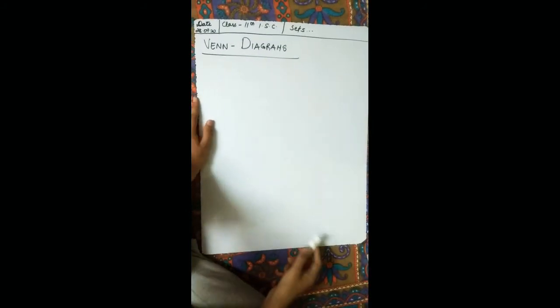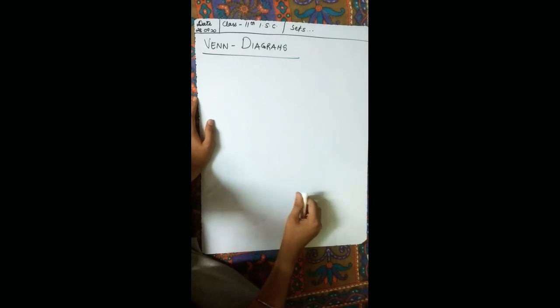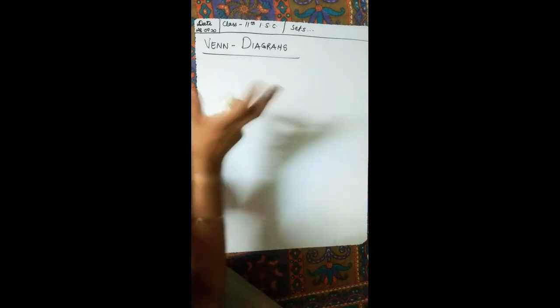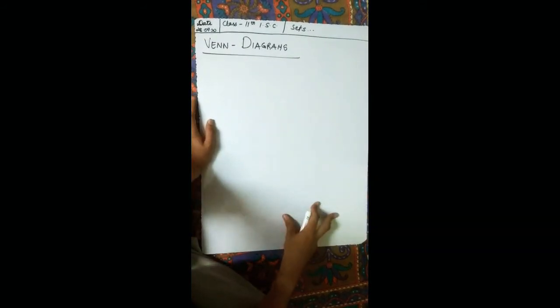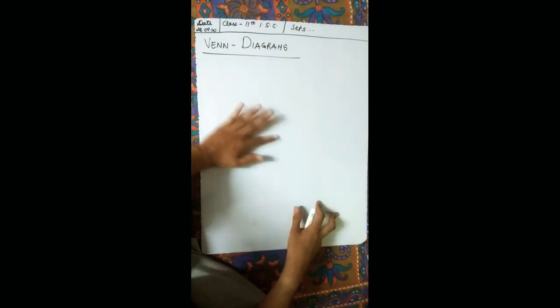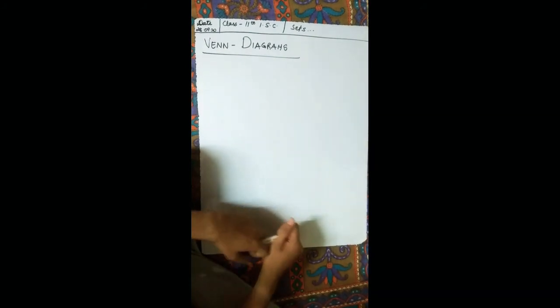Today in the set chapter we will take the third topic, that is Venn diagrams. As in the first and second exercises we have done in class, which were too easy and that you have already seen in the previous class, but let us take the Venn diagram, and I'll explain what all things we will be studying in the Venn diagram. Let me give you the introduction about Venn diagram.